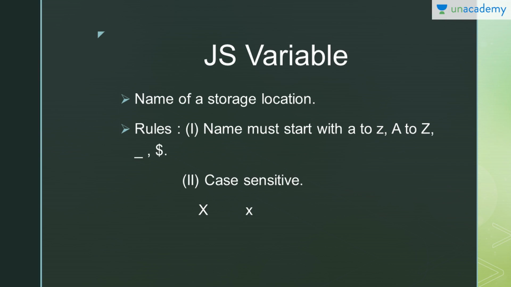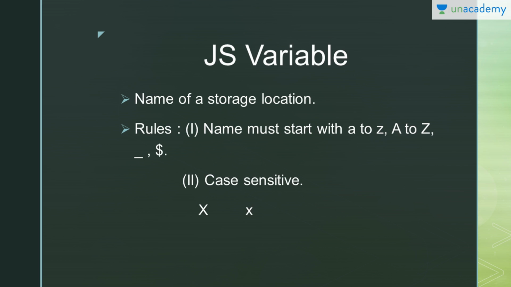Whether you talk about a C variable, C++ variable, Java variable, any variable, including a JavaScript variable, every variable represents a memory location. If I say int x, like in other languages such as C, C++ and Java, where we define the data type and the variable's name, we are basically representing memory and we have assigned a name to that memory, that is x.